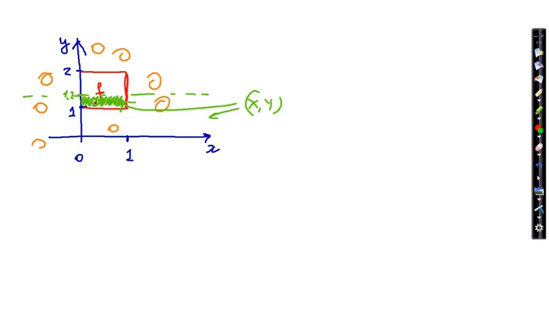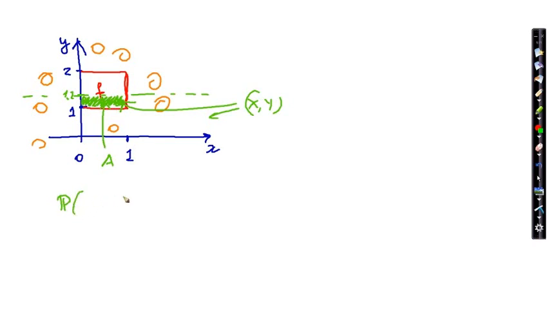So because f is non-constant here, I cannot calculate by just calculating the height times the base area. So I need to integrate my function f over this region. So if I denote this rectangle by A, then I will have the probability that,